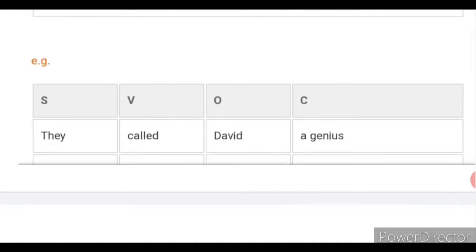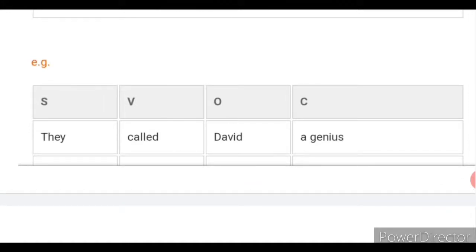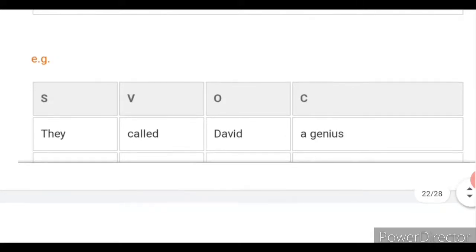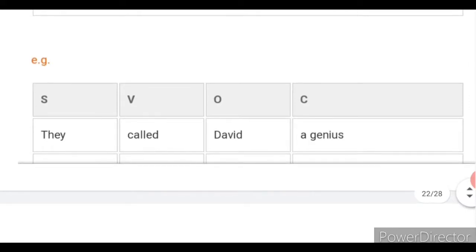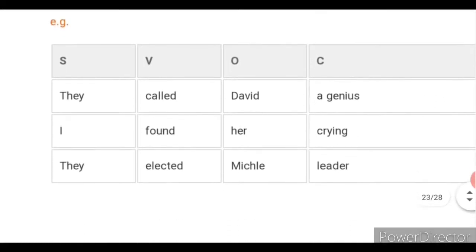See, he painted the car blue. Okay, so we all know he painted the car blue. He is the subject. Painted is the verb. The car, what did he paint? What are you getting as the answer? So what and whom means object. So you can underline and write it as the object. So blue, he painted the car blue. So I'm expressing more about that object. Then you can write that as the complement. Okay, children? Yes. So they have given you some more examples here regarding the SVOC.